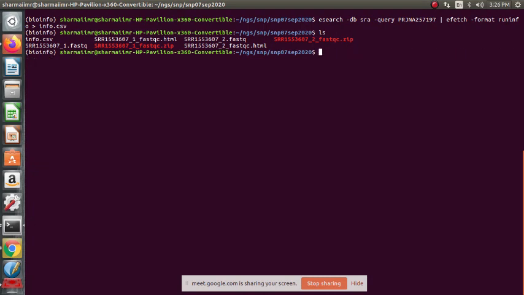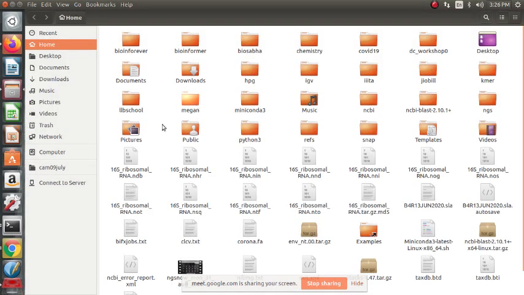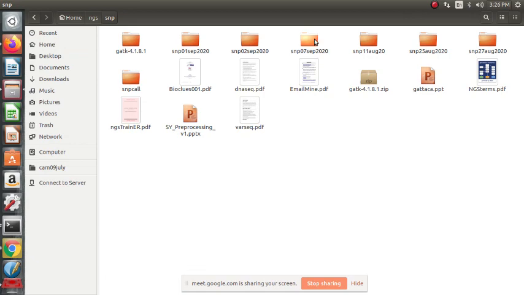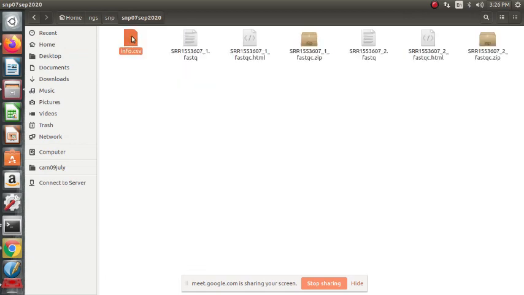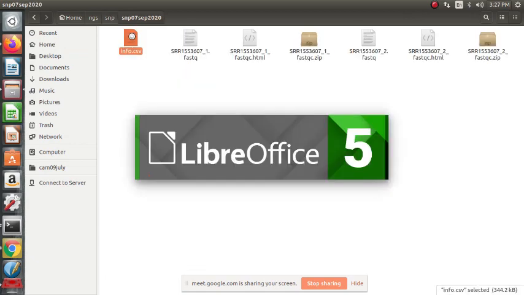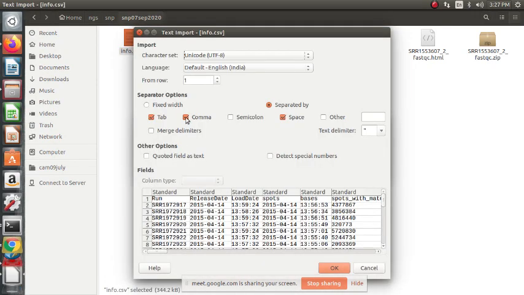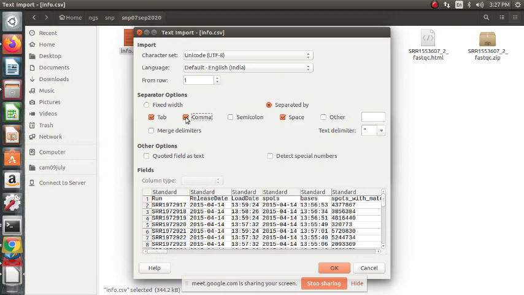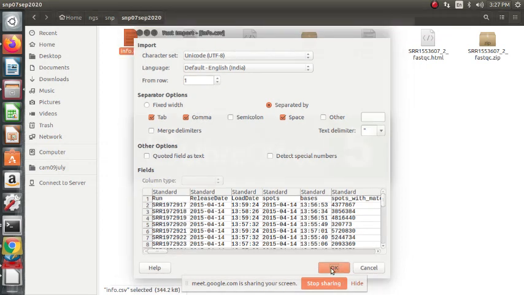So we open this, we go to the folder where it is downloaded, go to NGS folder, we download it in this folder, so info.csv, just left click twice on it, and once it asks for the delimiters, choose comma, because it's a comma separated file, and click OK.